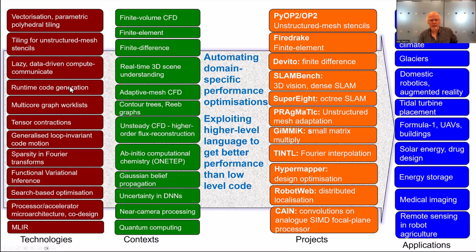There's a kind of big picture of what we do in my software performance optimization research group. On the left, we see a bunch of compiler technologies, code synthesis technologies. In the green, we have application context. So often they're characterized by a numerical method. So we see here finite element, finite volume, finite difference, and things like density functional theory, ab initio computational chemistry, and a bunch of other things. And what we try to do in orange is build mostly open source software tools that apply red stuff to the green stuff to solve problems in blue on the right. So the orange part is the bit we actually do.